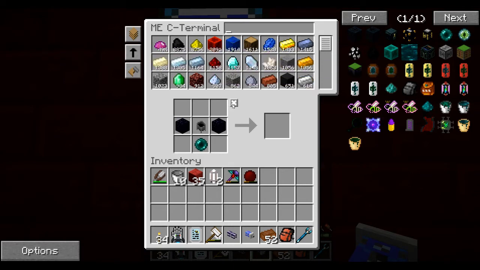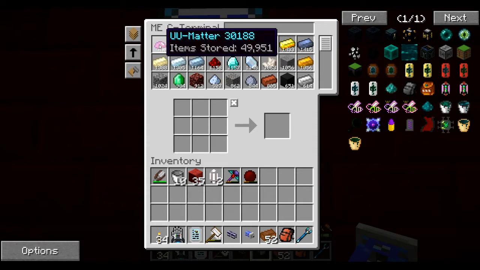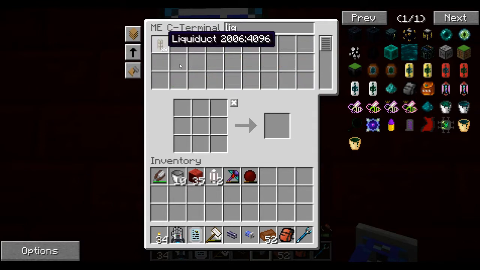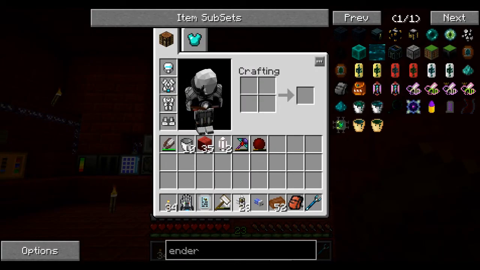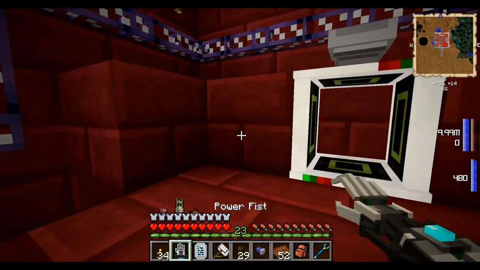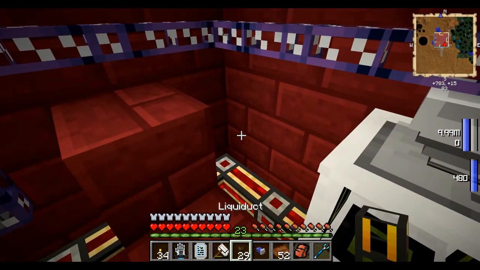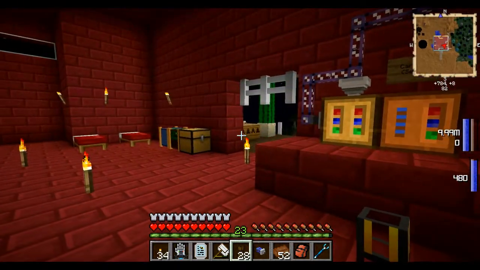Okay, what's the recipe in UU matter for blazes? Do you know? Good question. Let me look it up. Thanks. Okay. In the meantime, I guess I'm going to get some Liquidux and find a way of hooking up. Yeah, the bad news is I don't have a recipe for blaze rods in this list. Okay, I can solve that anyway, but it's not the best thing in the world. But I'm just going to drop that here for now. And we need blaze